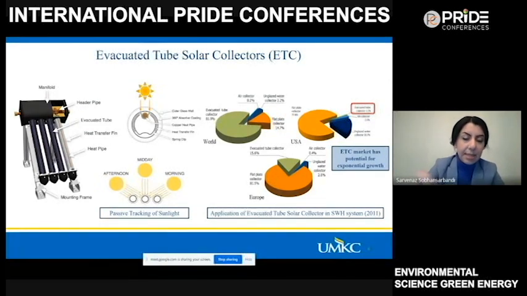But the focus of this study is utilizing evaporative tube solar collectors, or in short, ETC. So ETC does have its own specific geometry configuration that helps it have a higher efficiency. As you can see in this figure, ETCs are two concentric tubes that are fused at the end. And then within these two concentric tubes, we do have a fin, which is a thermally conductive material to